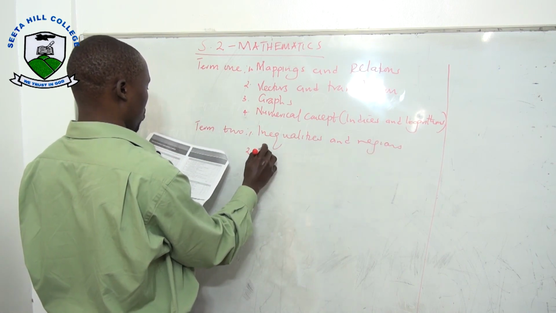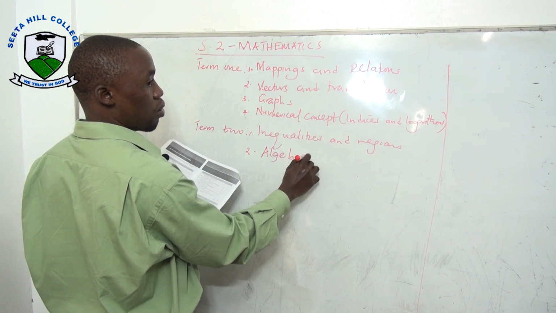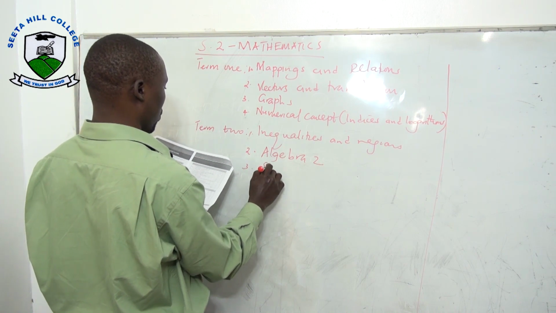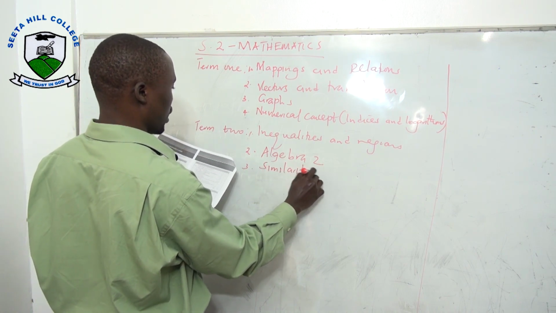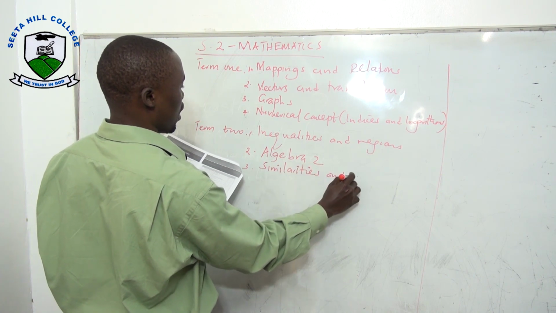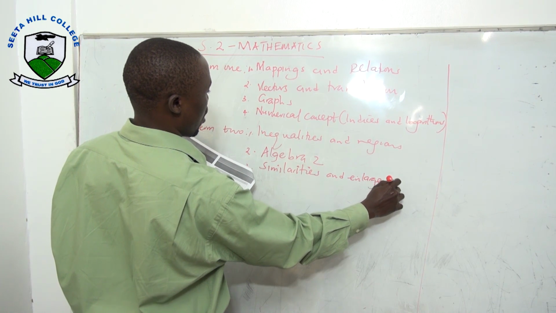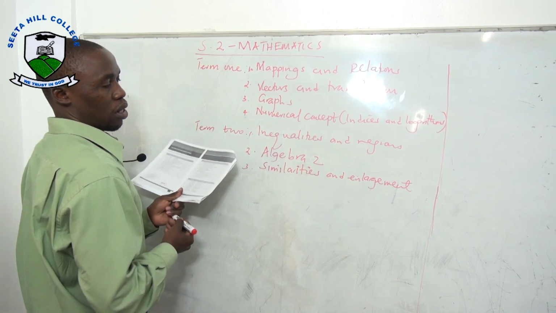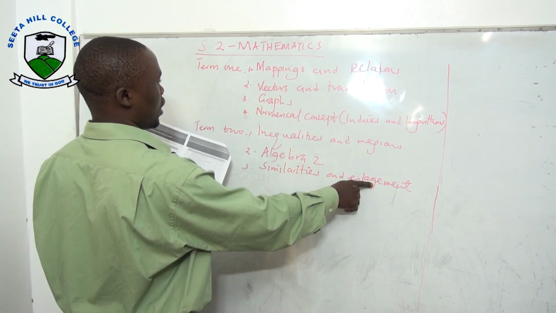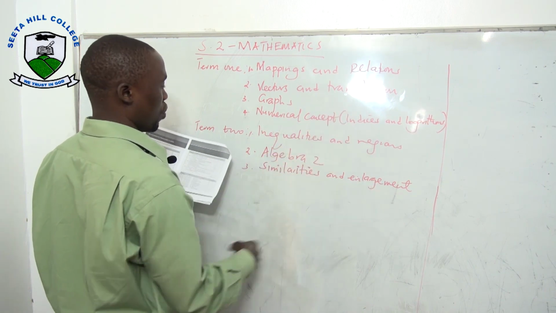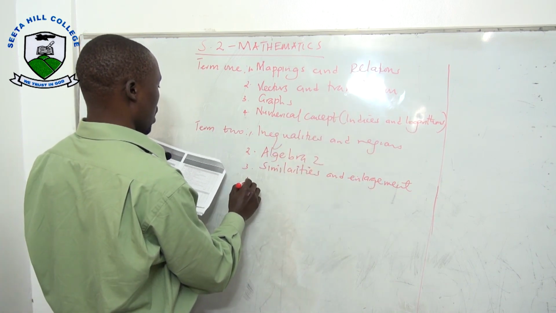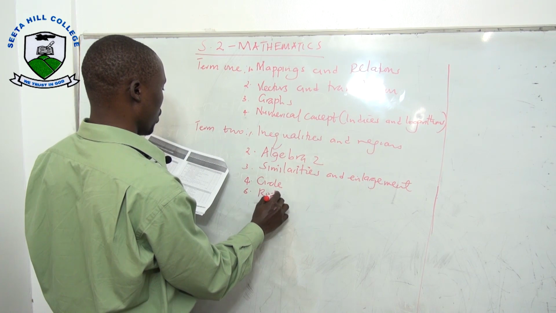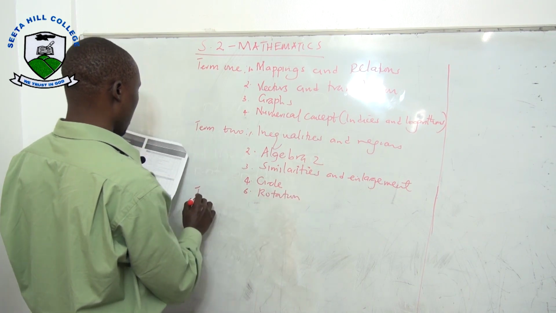Then topic 2, algebra 2. Remember we did algebra 1, did we? Then similarities and enlargements. I hope we did the reflection. And the enlargement and translations are a part of that. The circle. Then rotations. Then term 3